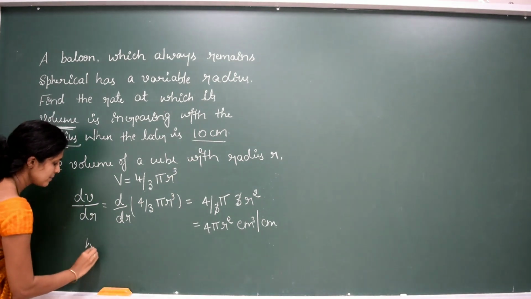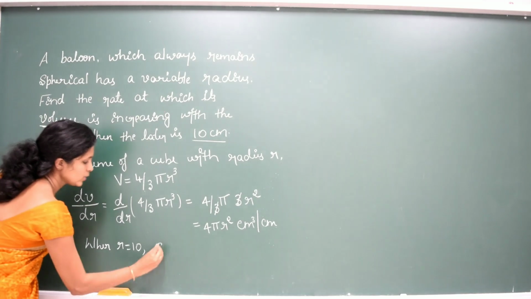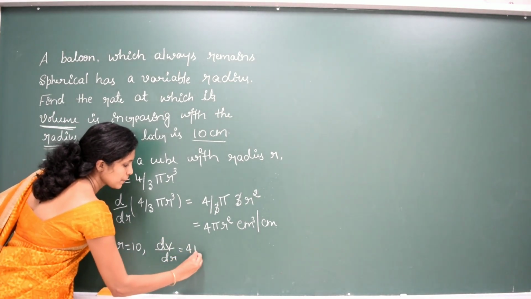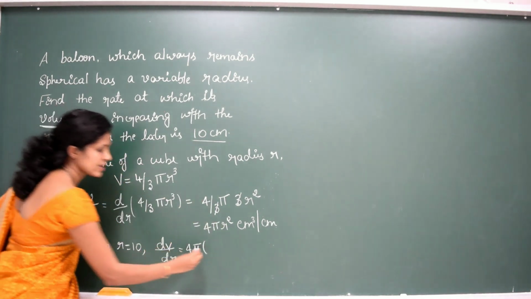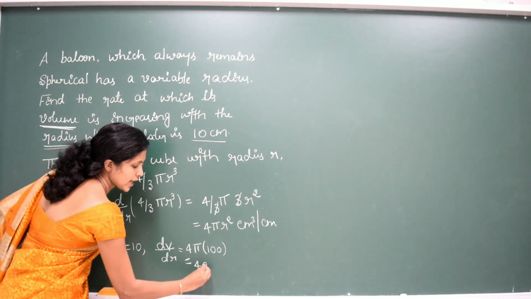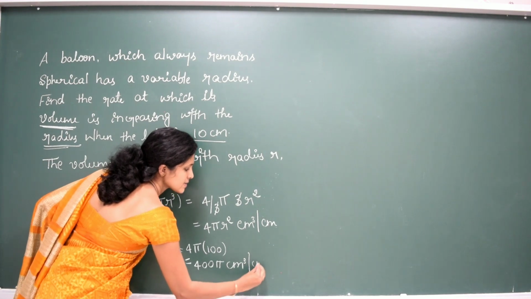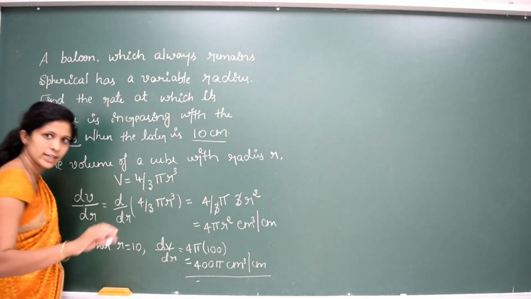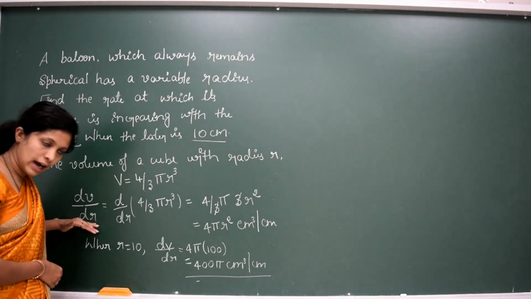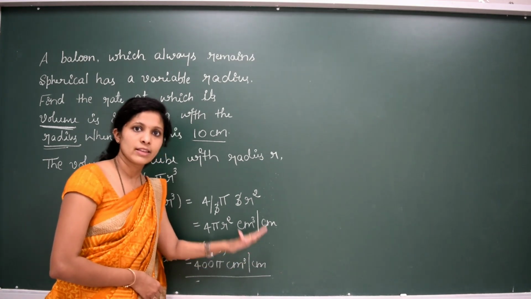One more thing is given, when the value of r is equal to 10. We'll substitute when r is equal to 10. What is the value? dV by dr is equal to 4 pi into r square. r is 10, so this is 100. So this is equal to 100 into 4 will be 400 pi centimeter cube per centimeter. So this is the answer. Finally, you have to write, therefore, the rate of change of volume with respect to r is 400 pi centimeter cube per centimeter when the value of r is